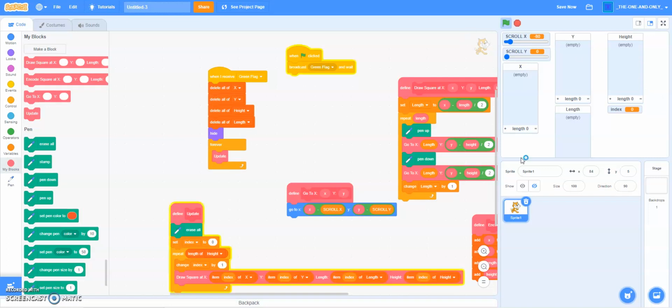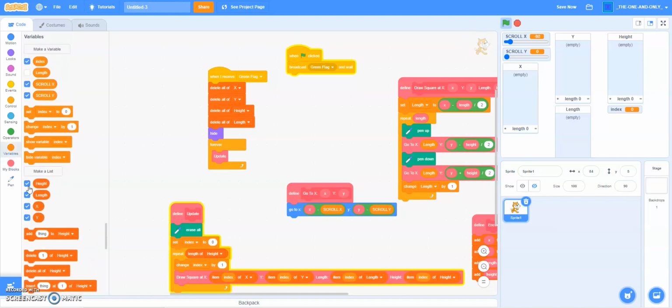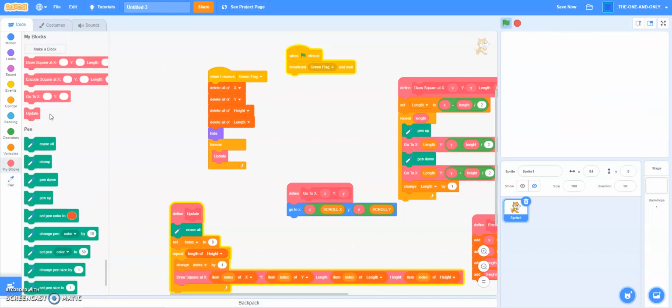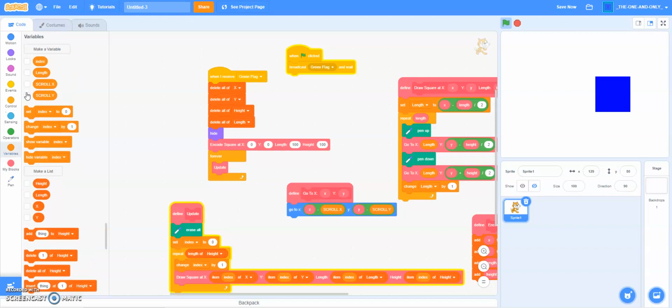Click the green flag. Nothing happens. Also, quickly hide these lists. Alright, but nothing happens. But in the beginning, if you were to encode some squares, so you could say, encode one at 0, 0, length 100, height 100, click the green flag again, and there's one right there. Scroll X and scroll Y are not. But you can see, and then